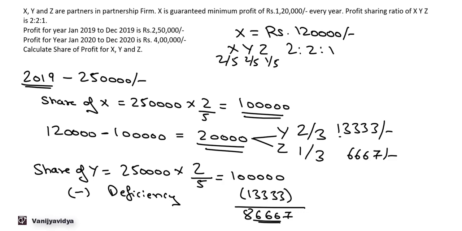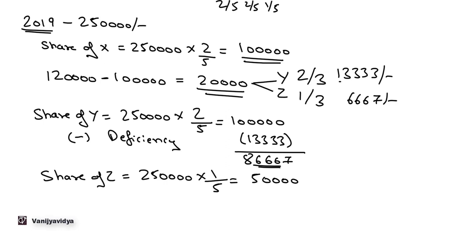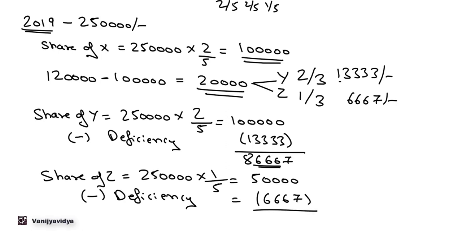86,667. Now, for Z, share of Z, 2,50,000 is the total profit into 1 by 5 is his share. So 2,50,000 into 1 by 5, that comes to 50,000. Now the deficiency that is to be borne by Z is 6,667. So the profit that will be shared by Z is 50,000 minus 6,667, that comes to